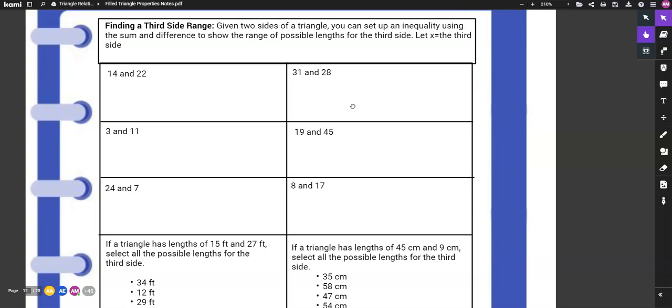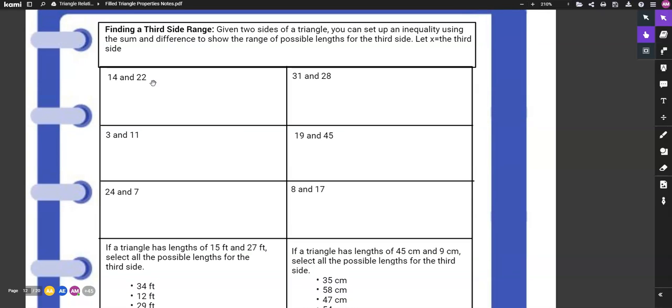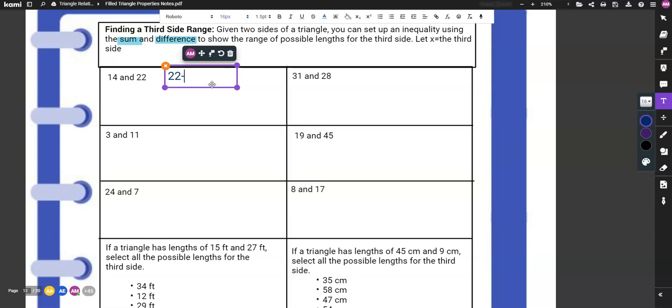Now to find a possible third side, we're going to use the sum. The way we're going to do that is just by adding the two numbers together for the sum and subtracting them to get a difference. And that will give us the range for our possible third sides. So we have 22 minus 14 is going to be 8. We have 22 plus 14, which is going to be 36. So that means our side has to be larger than 8 and smaller